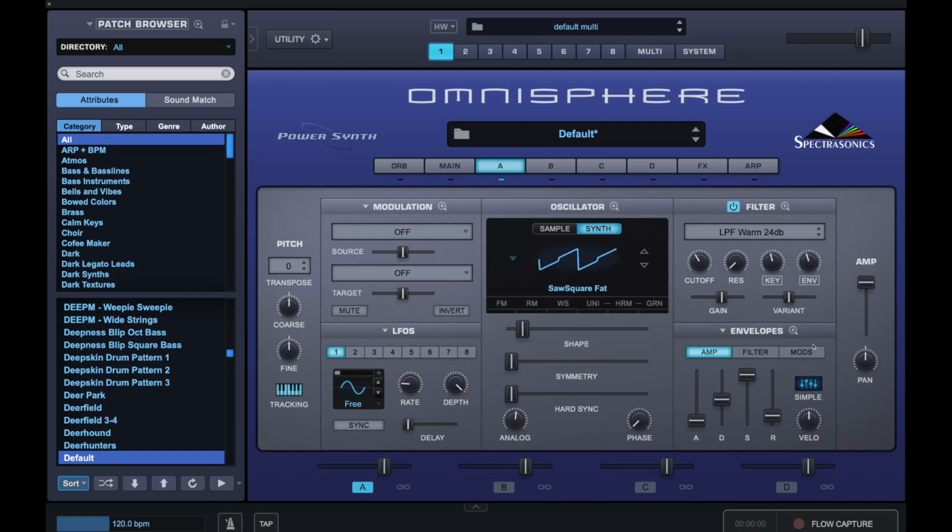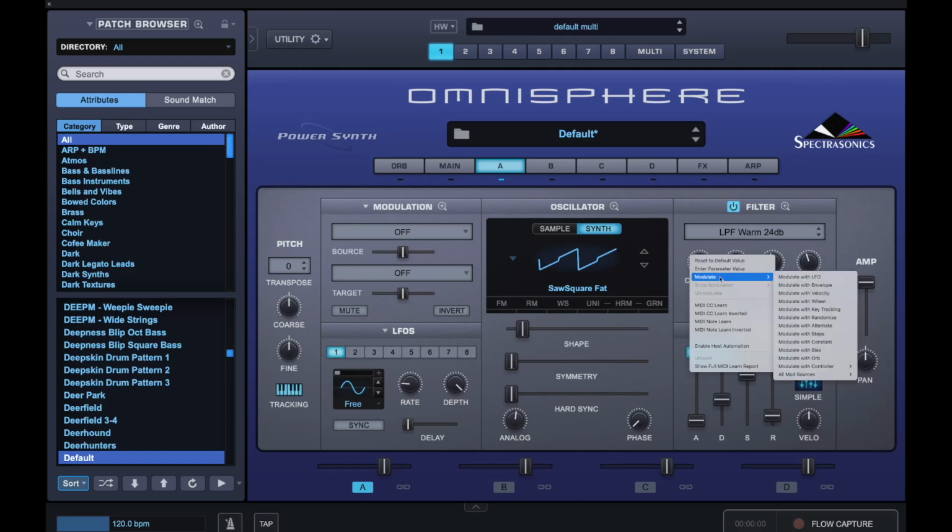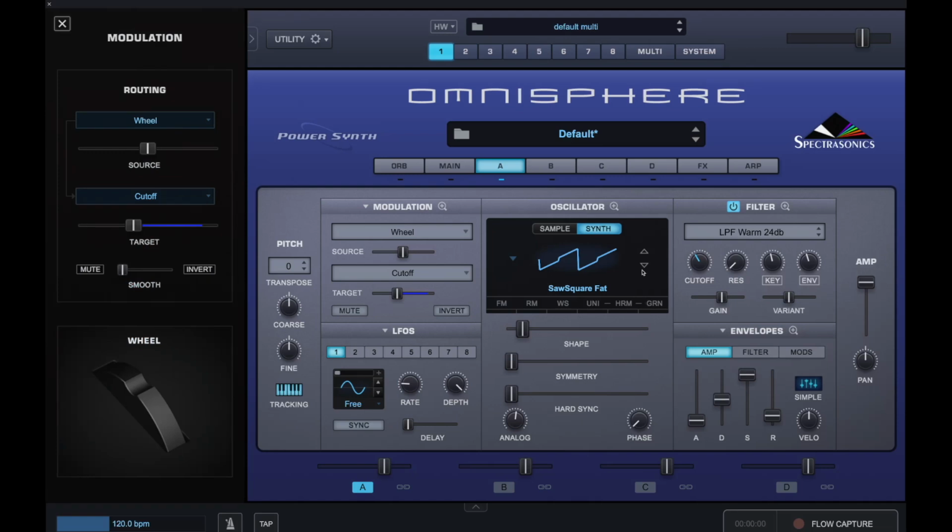I want to add a little variety, and to do that I'll just right click on Cutoff and modulate that with a mod wheel. I just need to say mod wheel, and I don't want it to be too much with the wheel here. The source only needs to be a little, so we're going to just knock that down to 0.121, so it's only a little bit. So when I move my mod wheel,